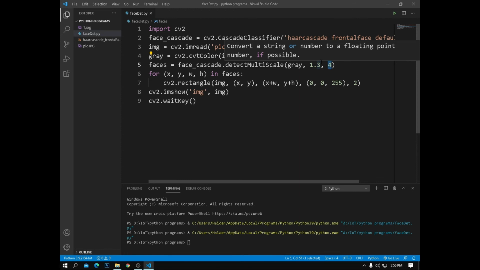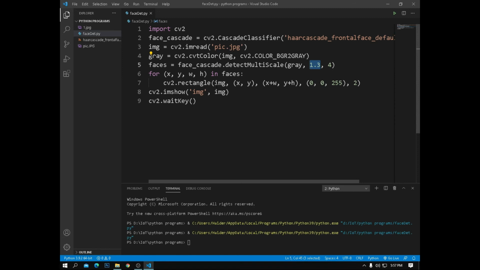You may have to tweak these values to get the best result. Sometimes we tweak these values and get our best result. I will show you how you can change the values and get your desired result. Sometimes if you are not getting the exact result, you need to tweak these values. Here is the for loop: x coordinate, y coordinate, width and height in faces.